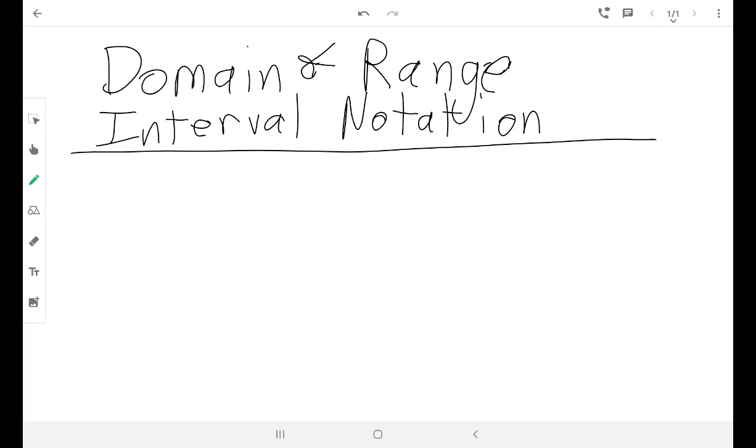So the way the interval notation works, first of all, the word interval means that we're going from somewhere to somewhere, okay? So like if I were to tell you that we are going to go from -3 to 5 with that notation,